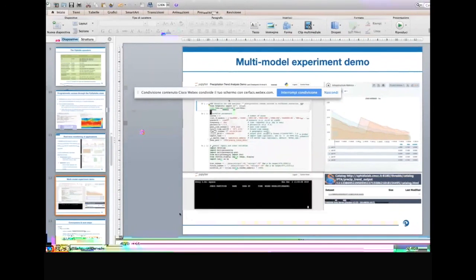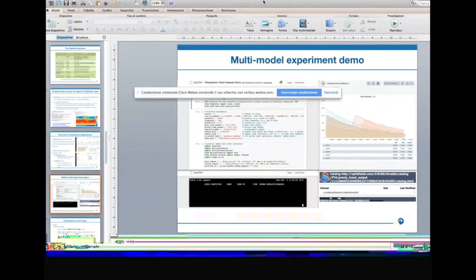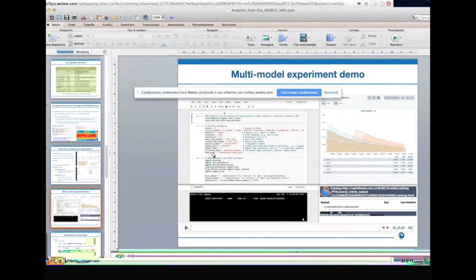So now I would like to show a brief video. I'm not sure if it is clear enough. Anyway, this video shows the implementation of the precipitation trend analysis. This is done in the Jupyter interface through this Jupyter notebook. And as you can see here in the top left part, there's the definition of some parameters which concern